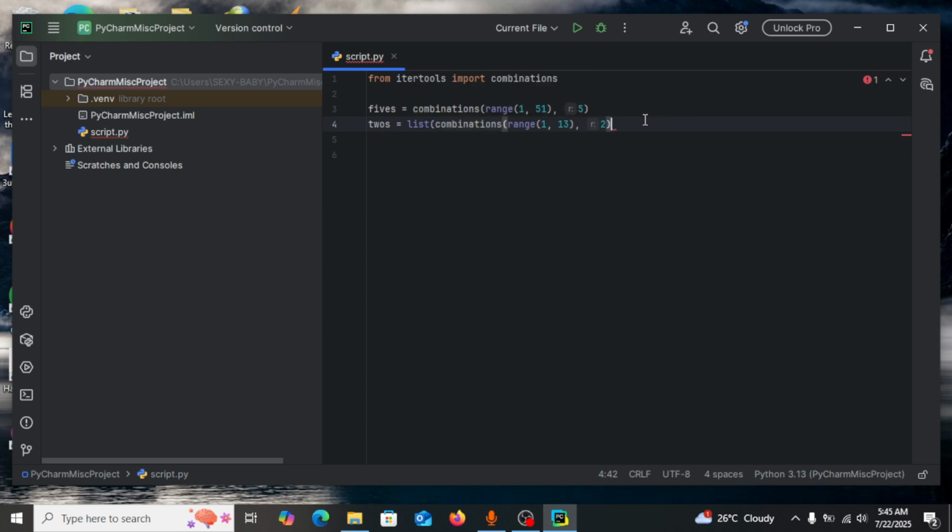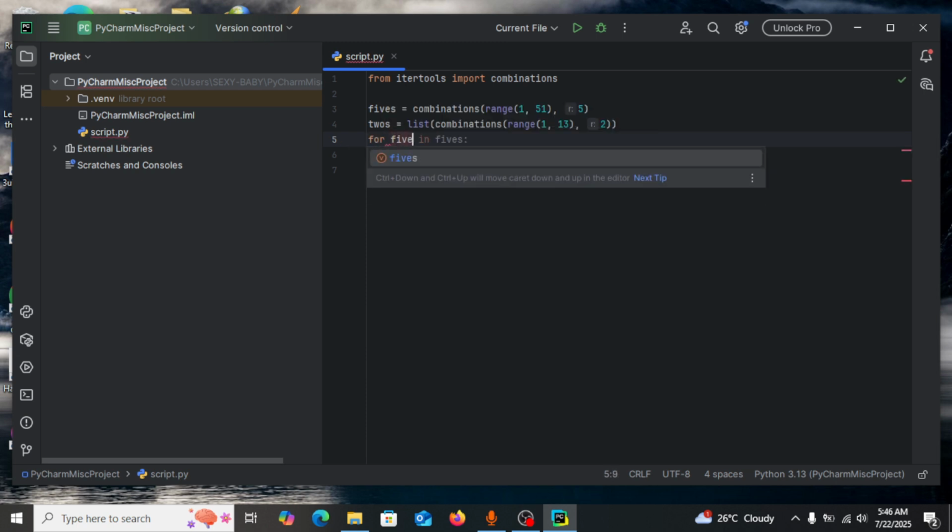List, we don't want it to be exactly the same like the 5s, since we'll be reusing it, so we need to make it as a list so that Python sees it as a list. Okay, then from here you can say for 5 in 5s,